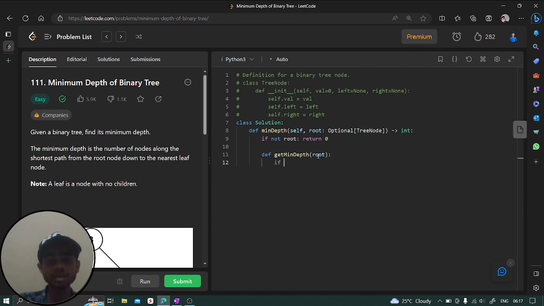In that function, we are going to handle the case where the left side does not exist but the right side exists, or the right side does not exist but the left side exists. So we say if not root, meaning the root does not exist, return infinity, so we can say float infinity. And here, if this is a leaf node, if root.left and not root.right,